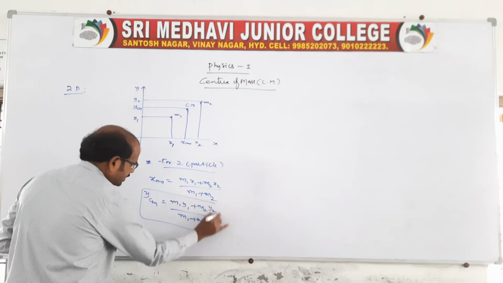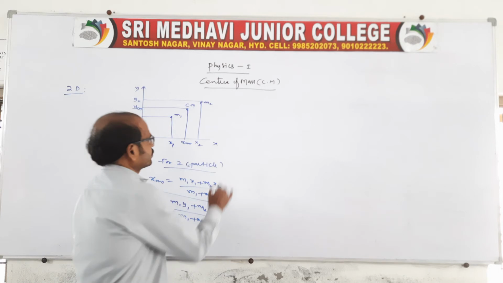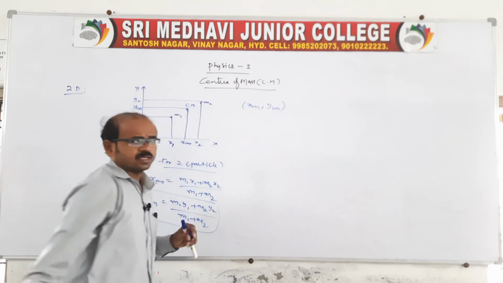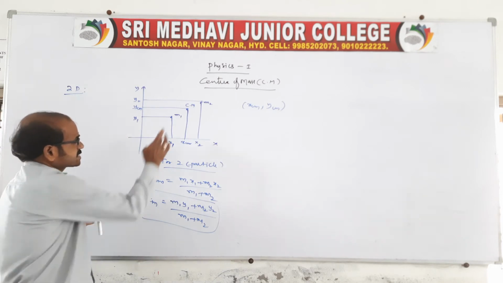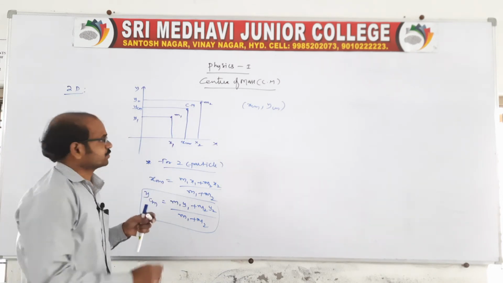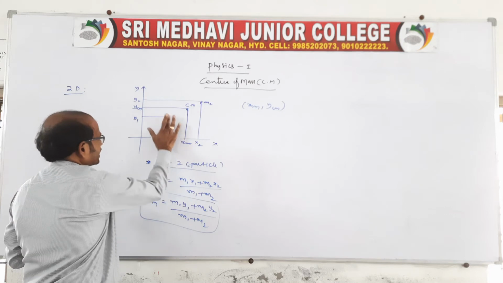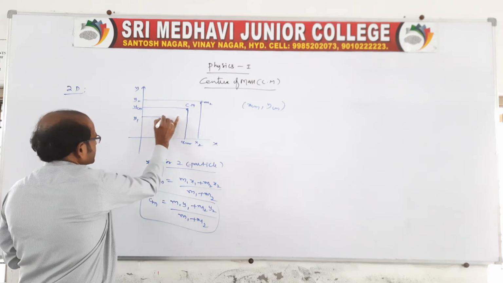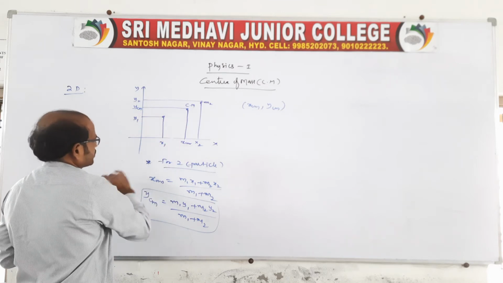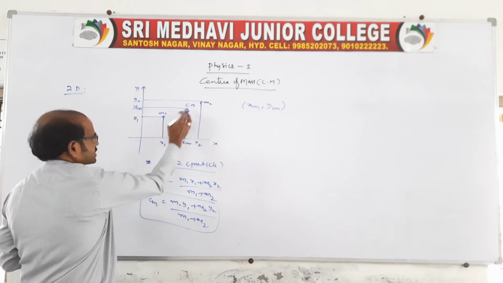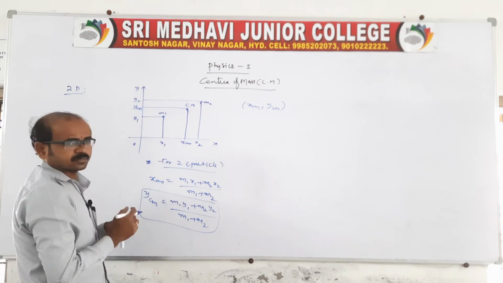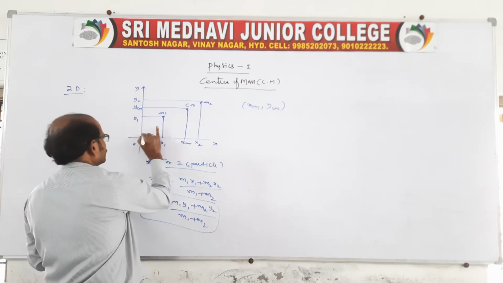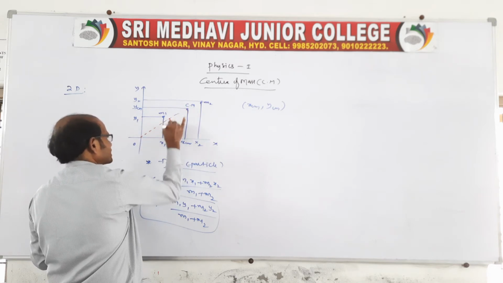So there are two coordinates, xcm and ycm. We can write xcm comma ycm like this. Sometimes he may ask you the distance of center of mass also. Suppose you change the position a little; this is the particle m1 at position x1. The distance of center of mass from the origin: from the origin you draw a line, and it is a distance.